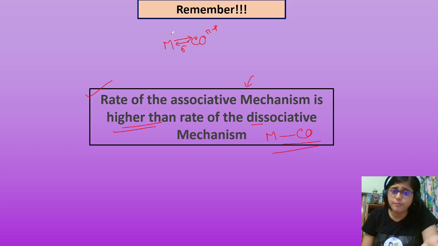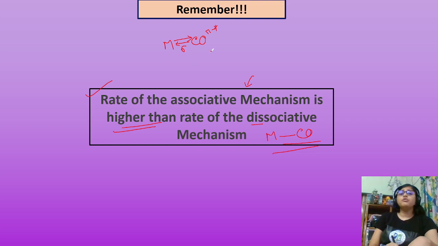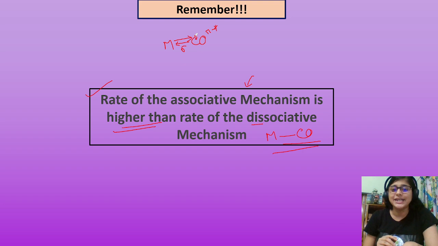So it is a stronger bond than other metal-ligand bonds. So removal of CO is a bit more difficult than the association of a new ligand to a metal. That plays a major role here, and please remember that the rate of the associative mechanism is higher,